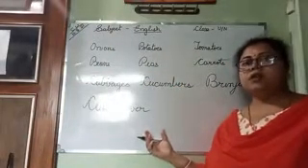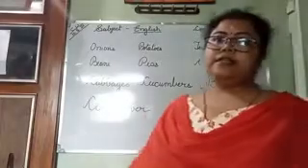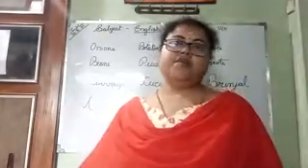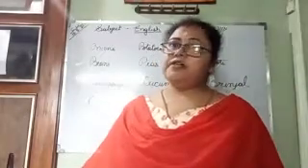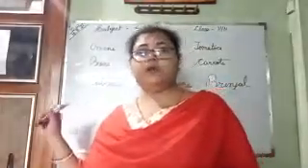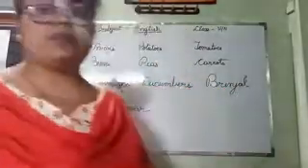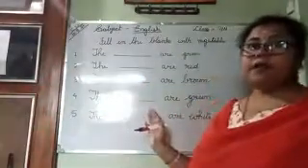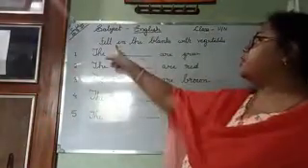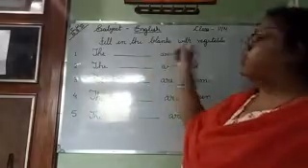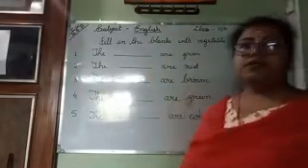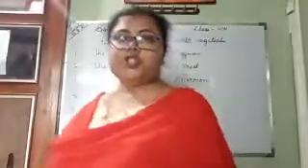So these are the spellings I have given you to learn. If I ask you to write any five vegetable names, you have to write them. So practice this. Learn them. Now come to our next topic. This is our fill in the blanks. What is written? Fill in the blanks with vegetables. You have to fill it up with vegetables.